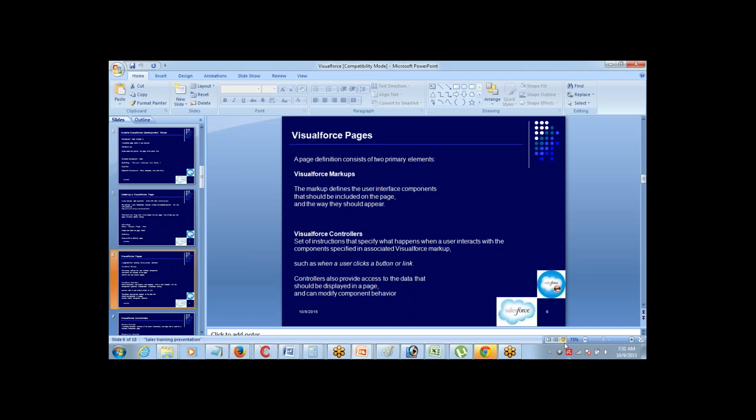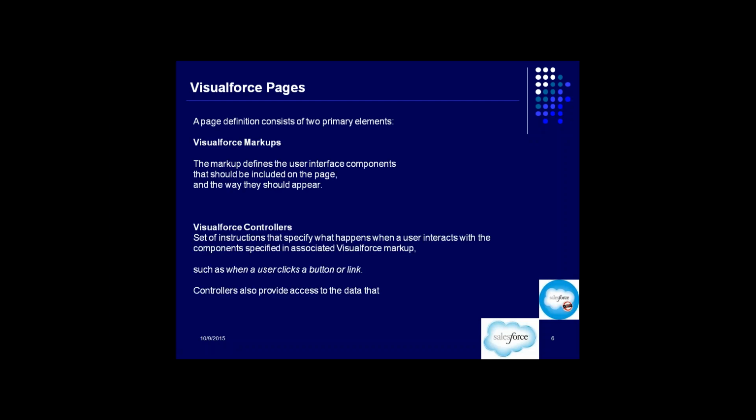Let's understand the controller a little more. Fine, we have seen the components and stuff like that. Now let's talk a little about the controller part. Visualforce controllers. So what is a controller? As I told you, a set of instructions, right? The set of programs or instructions which is written and stored in salesforce.com, which controls the behavior of the Visualforce page.